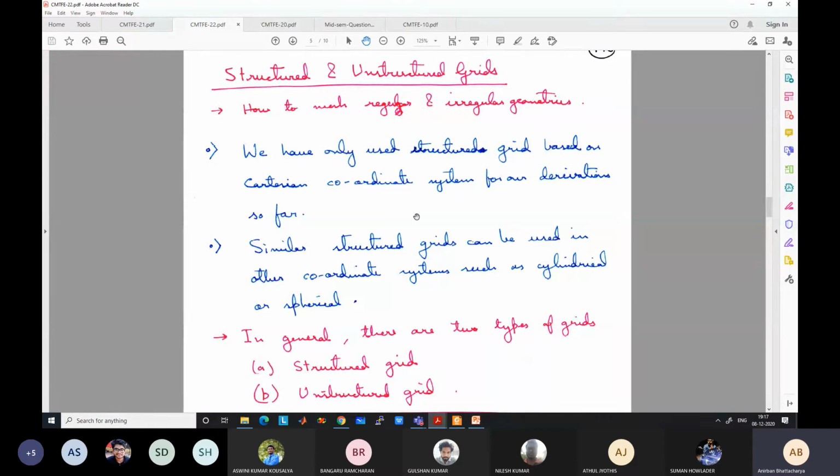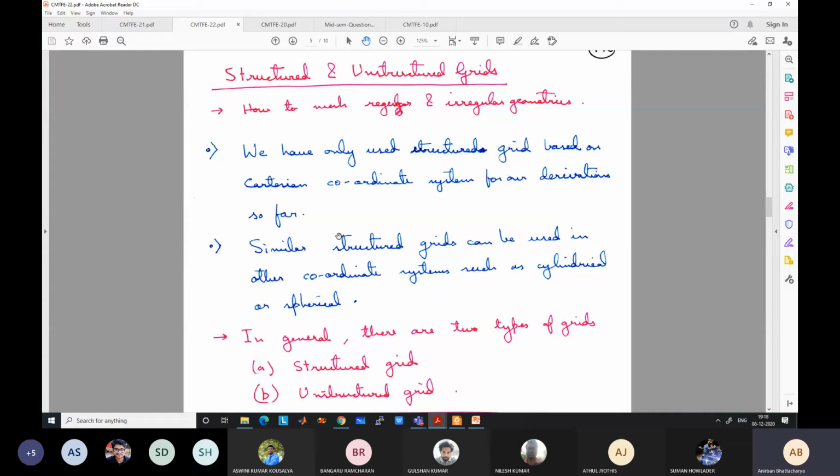You can fit structured grids, but sometimes it is too difficult to fit structured grids. Then in that case, you have to fit using unstructured grids, like triangles and other types of unstructured grids, as we will discuss later. So depending on the situation, there can be different types of grids. Both have their advantages and disadvantages, so we will discuss them.